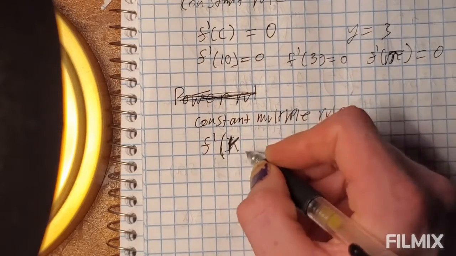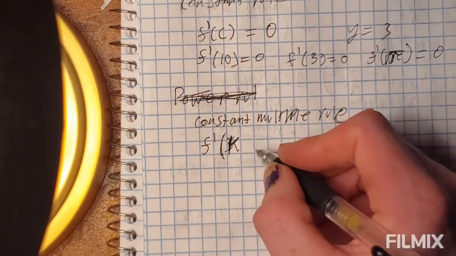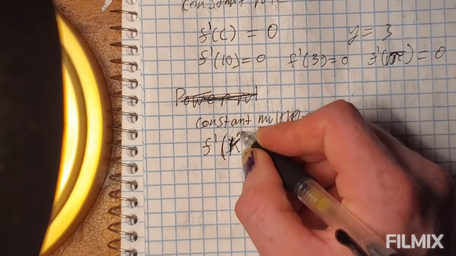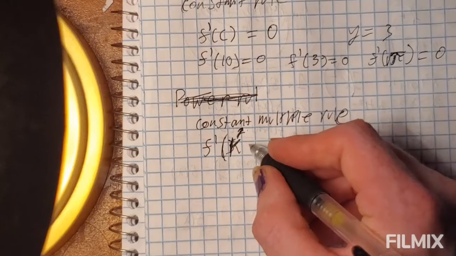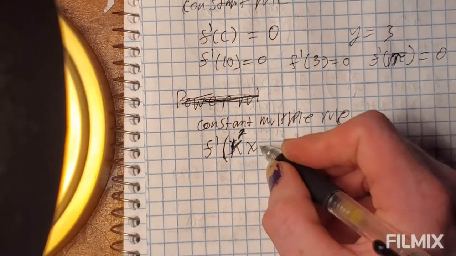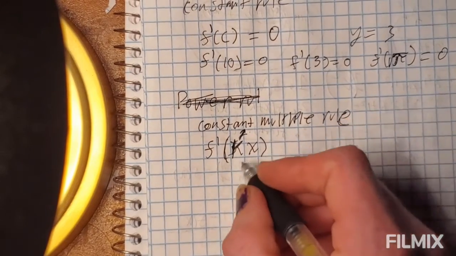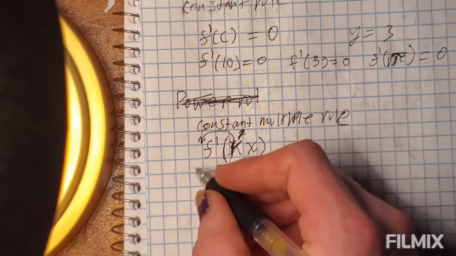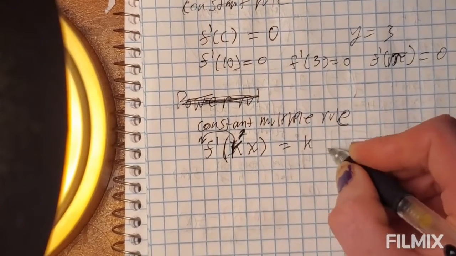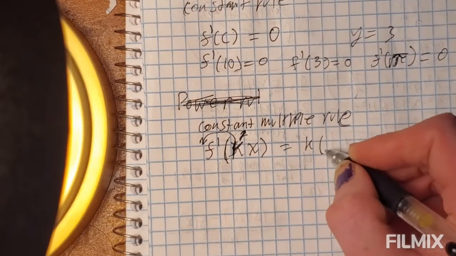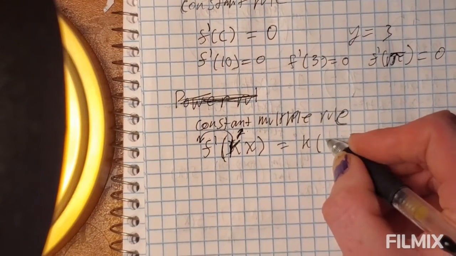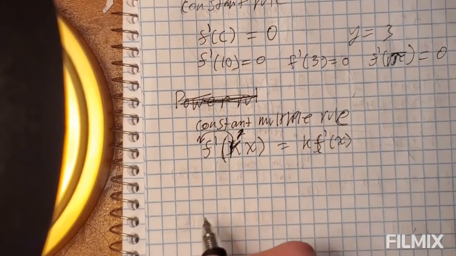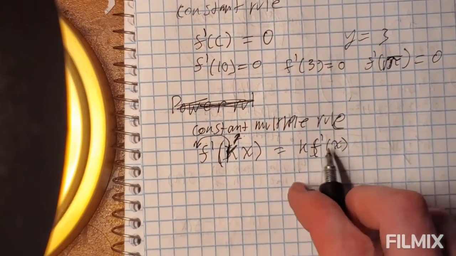So f of k, where k is a constant, k of x simply becomes, you take the k and move it outside, and it becomes k times the derivative of x. And this is very simple. Whenever you have the derivative of x,